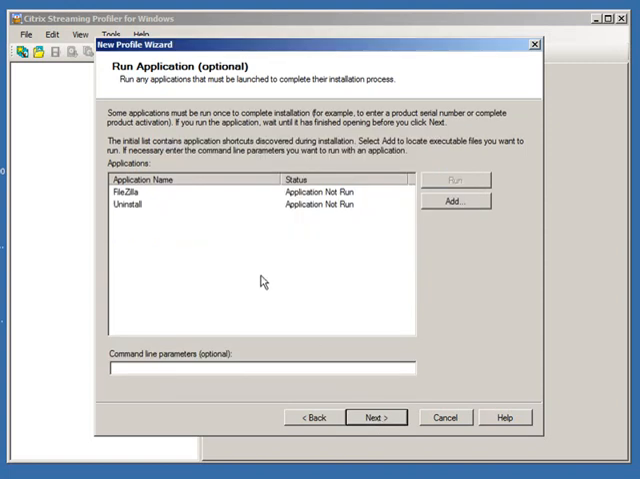Now, what the profile is saying here is, hey, I found two executables, two shortcuts within this package that I'm running that are applications. Now, what you want to do is make sure that the application is launching properly. If there are any modifications that you want to make to the application, this would be the time to make that modification. For example, if you're launching Adobe Acrobat and you want to accept the license agreement so that the users don't have to accept it every time they log in, then what you would do is select